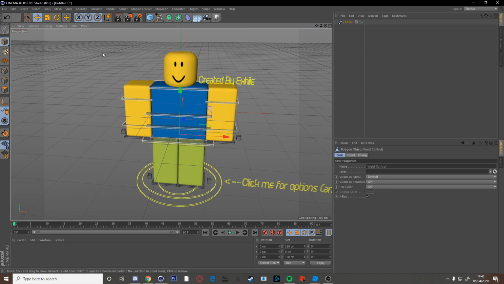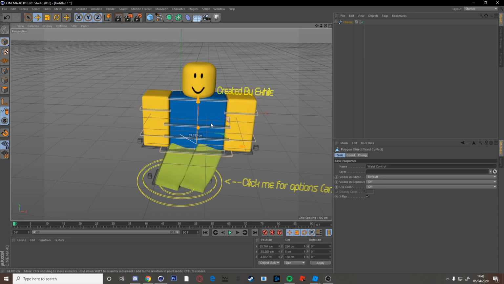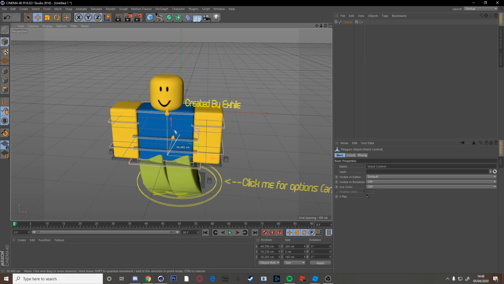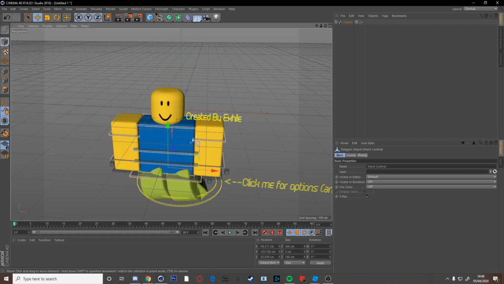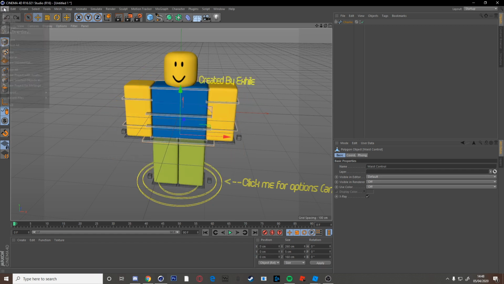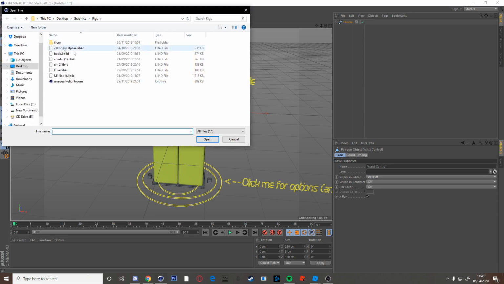So for moving this guy, each of these little squares can be used to position him in a different way. I've just made him do a little dance, and that was really easy. Each square you can move independently, and it allows you to pose him. You want to go on and